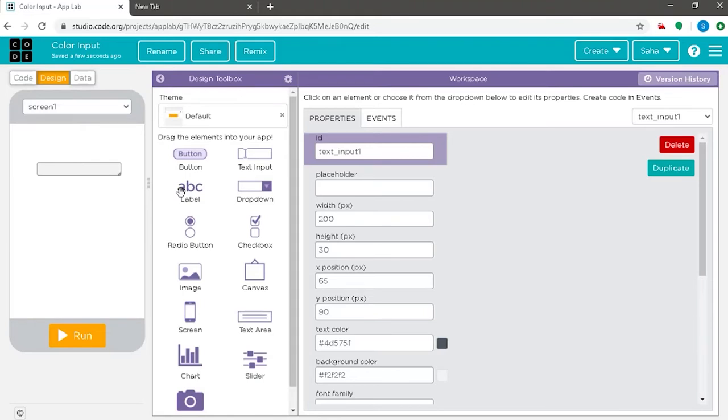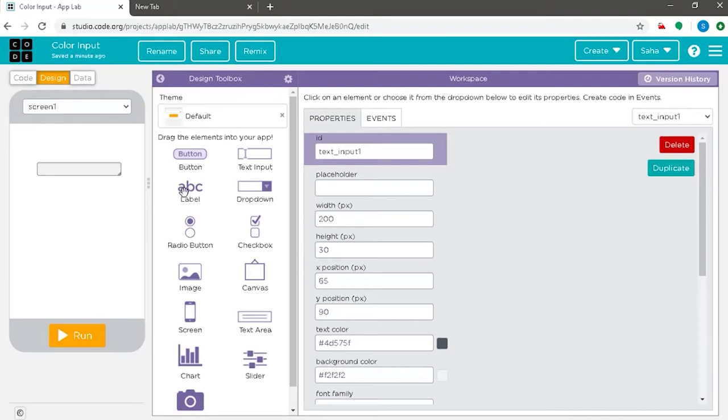But previously, as you can see, as soon as we have entered the text input element in the visualizing section, on the right hand side of the workspace, the properties of the text input element have appeared. So the properties appear simultaneously when the element is entered on the visualizing section, enabling us to change any properties which we want to. So our text input has been entered.